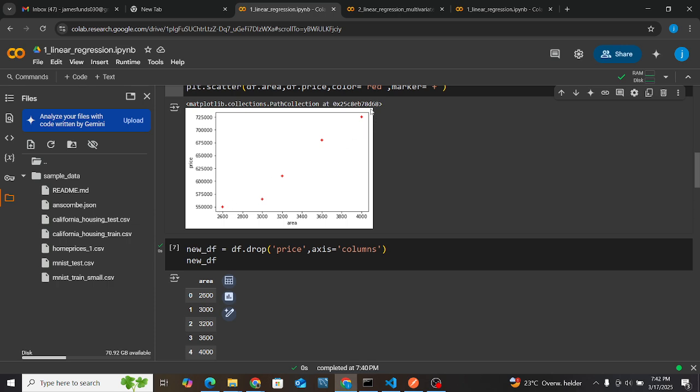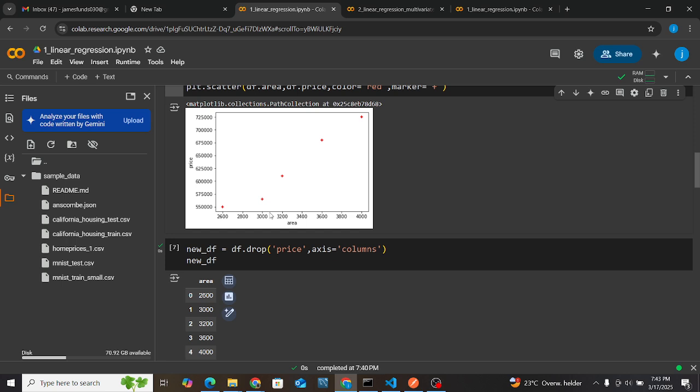If you were to draw the line of best fit here, you notice that this data point, and this data point, as well as these, I think they will be on a line, right? So, just using this plot here, if you were to draw the line of best fit, we can even predict